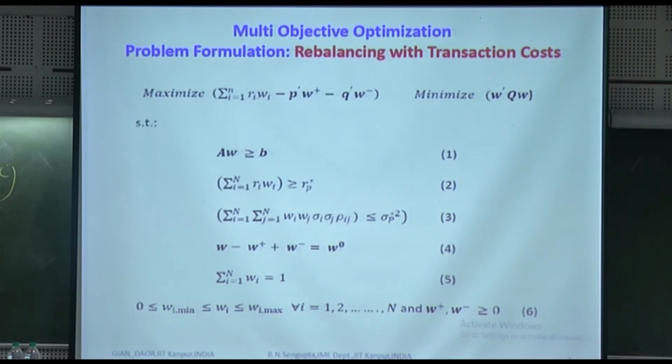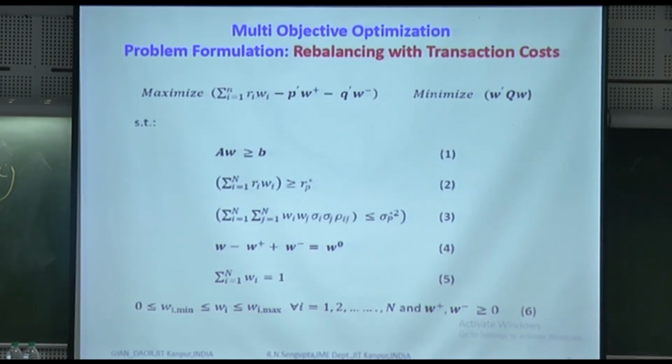So what you are considering is that your returns are there, and from that you are losing both for selling and buying. So you are trying to compensate by the returns, but you have to basically pay some upfront money to the brokerage or the broker for both buying and selling particular stocks in some numbers.